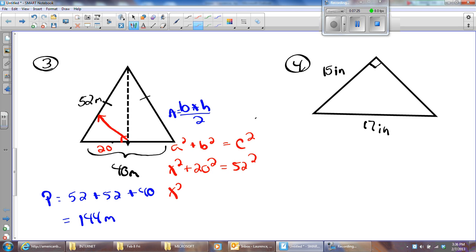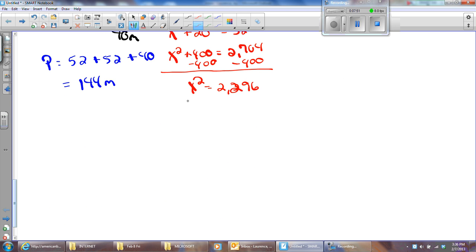So I'm going to get x squared plus 400, and I don't happen to know 52 squared. There's probably a cool pattern for it, but I didn't know it. So it's going to be 2,704. I'm going to subtract 400 from each side. X squared equal to 2,296. I'll take the square root of each side. Shoop, shoop. X will approximately be,